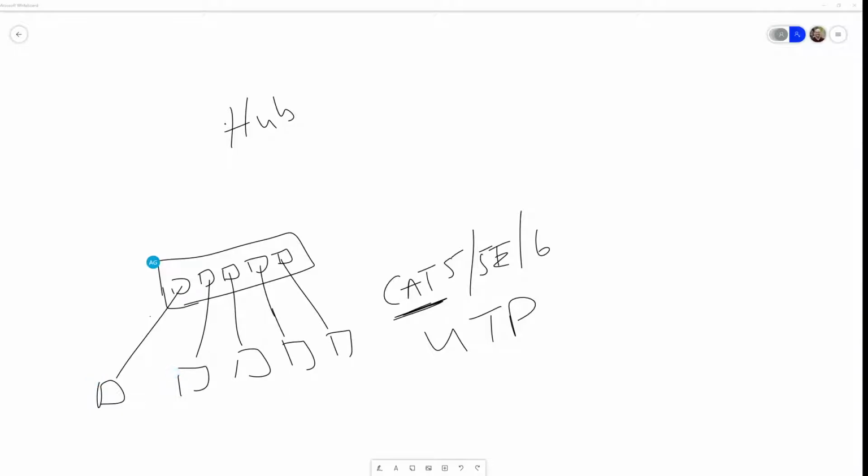I should mention that a break in the thin net of the old daisy chain methodology of these computers on a thin net, if there was a break in this cable, all these computers would be dead. They would go down. You had to have this thin net intact for these computers to work. If there was a break in the cable, this would be a bad thing for the LAN. Not so about